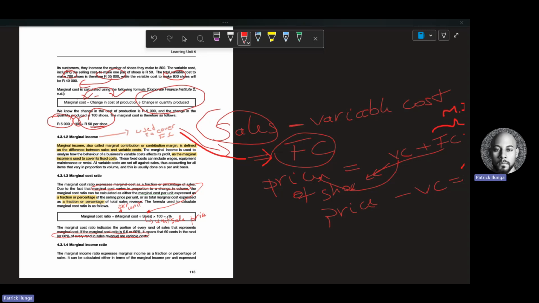If part 1 and part 2 are easy, just speed it up. Each part is only 15 minutes, so it should not take you long to cover all 4 parts of the series that I sent out for Learning Unit 4, right? The idea is to give you an overall view of your entire learning unit, so that when you begin to read, you already have an idea, and that will speed up your reading.